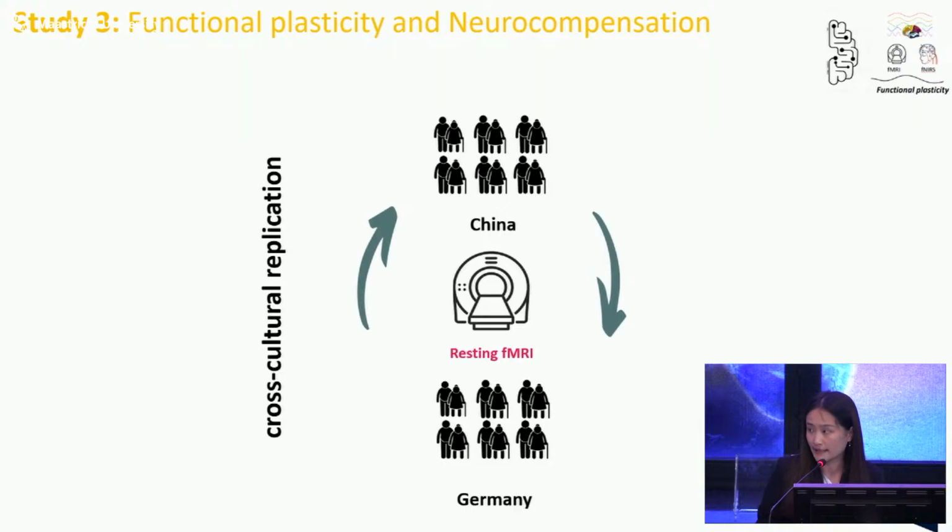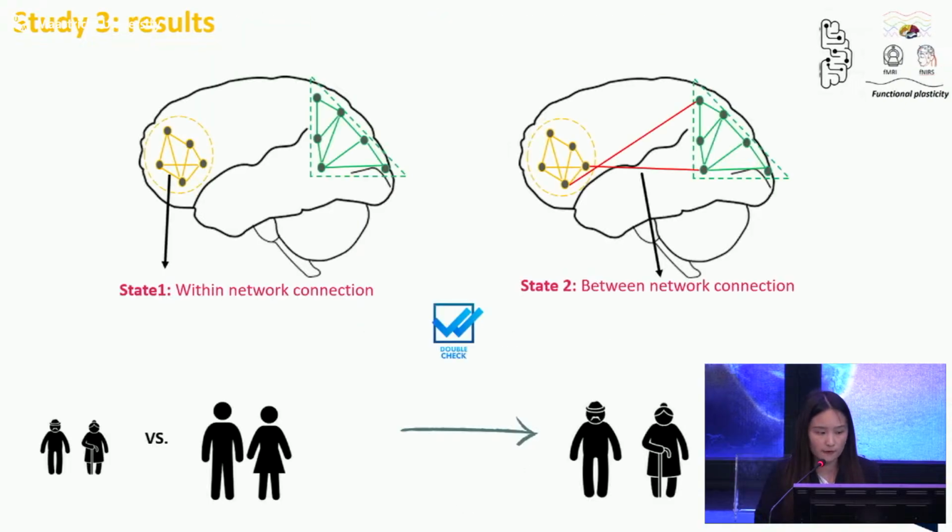So in the third study, we want to investigate the neural compensation mechanism in the brain network of the old participant. We investigate the age-related dynamic functional connectivity change by using open-sourced resting fMRI data from China and Germany. By using this cross-cultural replication method, we successfully found two specific brain states. The first one is the within network connection state, and the second one is the between network